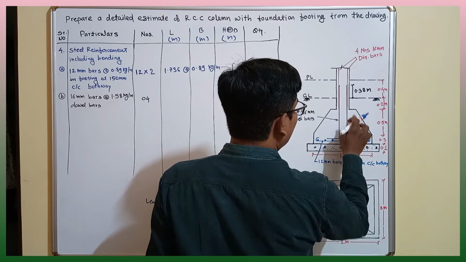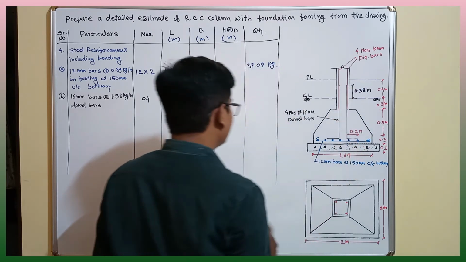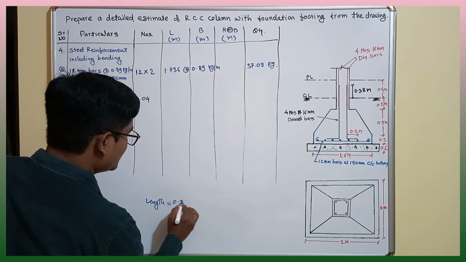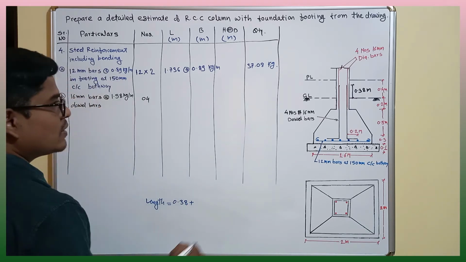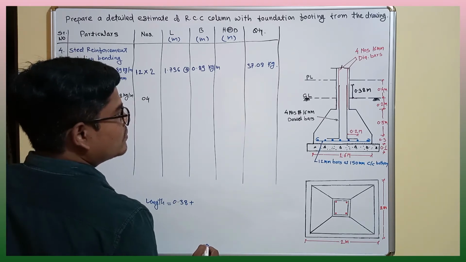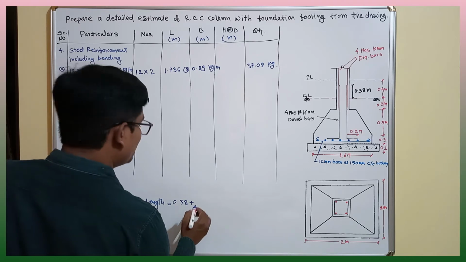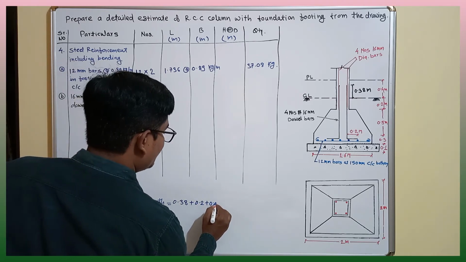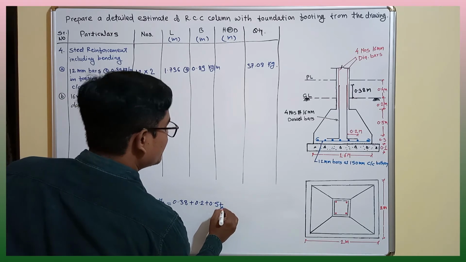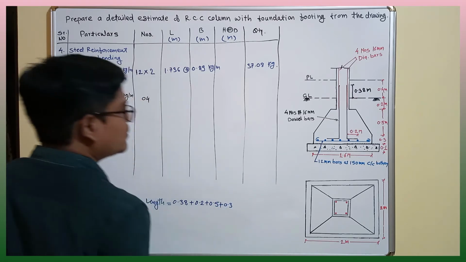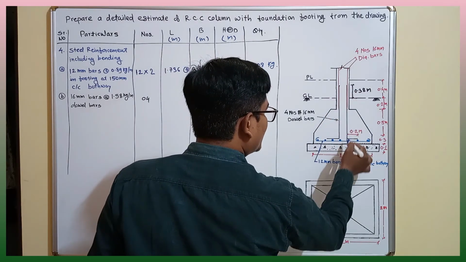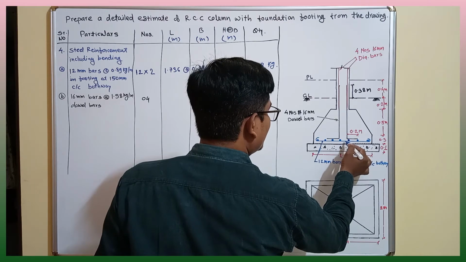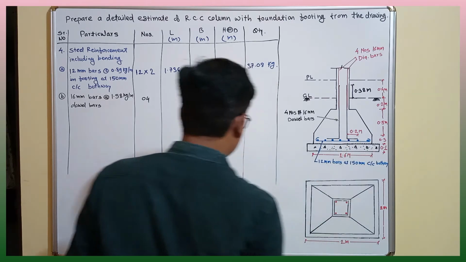So first of all I will write the total length, 0.38 plus 0.2 plus 0.5 plus 0.3. So this is the total length up to this edge. We have to deduct bottom end, one single bar and one half bar,